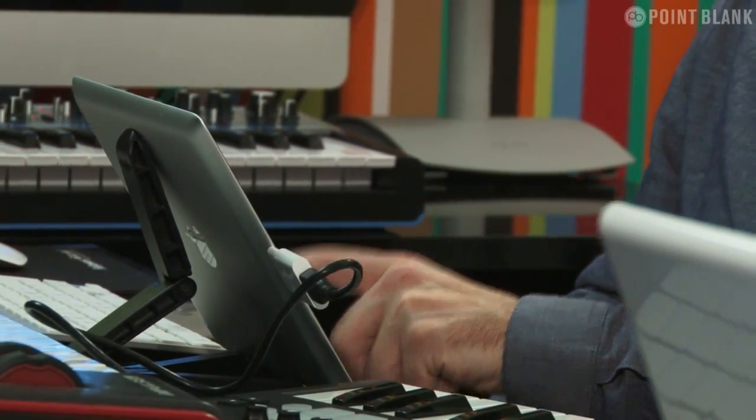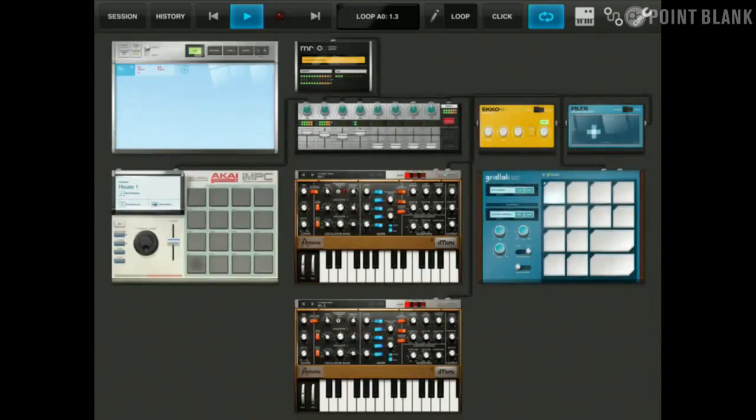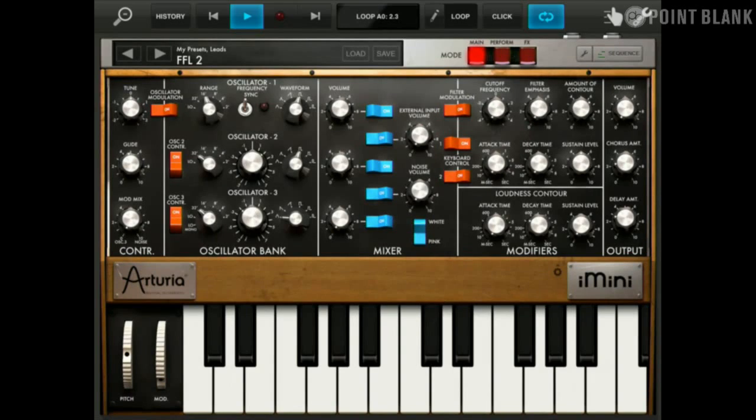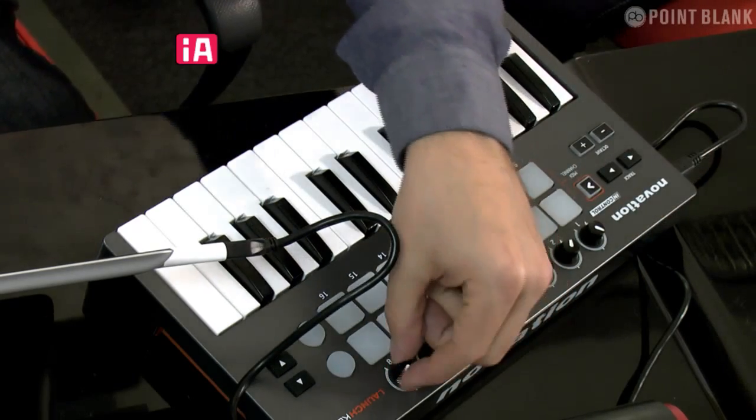Okay. Now, also, I've got a second mini Moog here. So I keep calling it a mini Moog, the iMini. Let's get the names right. Now this I've mapped to the Novation. Okay, so what I've got here is a second pattern. So if I open this up slightly,